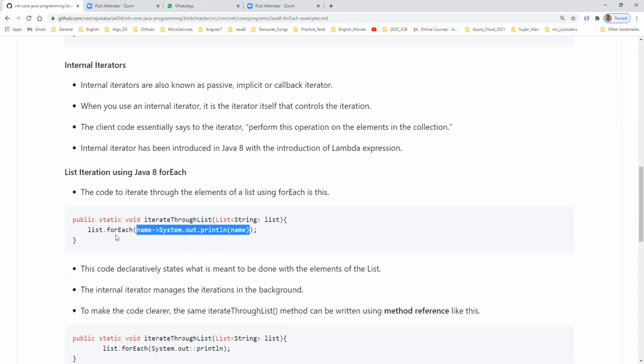We will see it in forEach also. Let us see the syntax of forEach and how the functional interface is implemented using forEach. That is called a consumer. Here you can simply see list.forEach(name -> System.out.println(name)). You can give any name here, but we are taking a list of strings. It will automatically, internally traverse the entire list and print it.